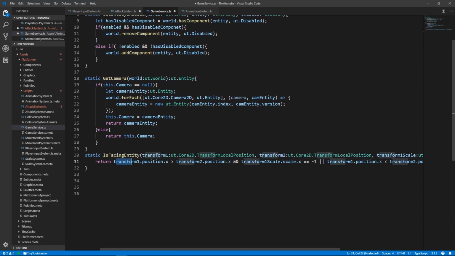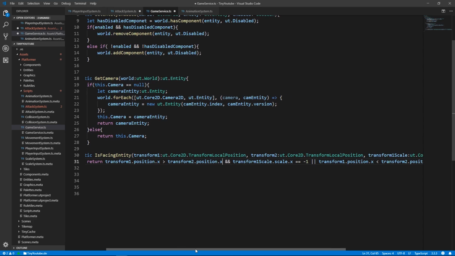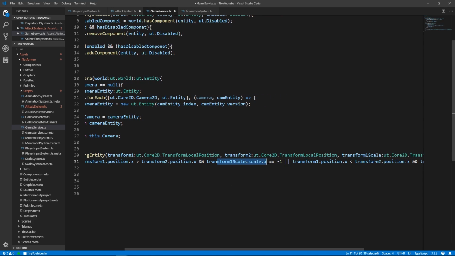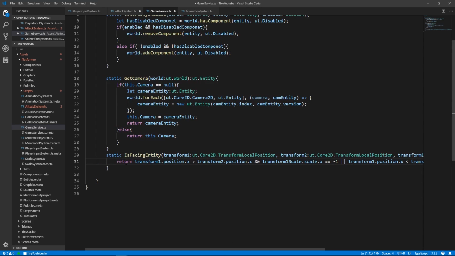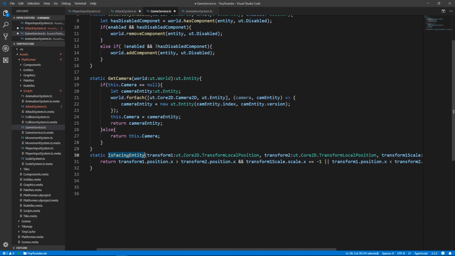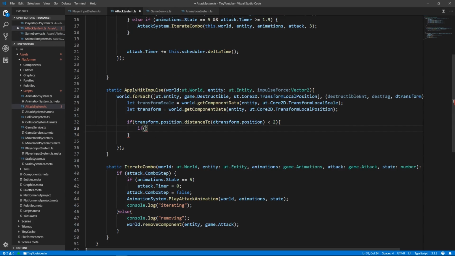So this is saying if transform 1's position x is greater than transform 2's position x, meaning you're standing on the right side of transform 2, and transform 1's scale x is -1, meaning you are looking to the left, or if your x is less than the x of the second transform and your scale x is equal to 1, meaning you're looking to the right, this will be true if you are facing the character, so it'll return true or false based off if you're facing the entity or not. We'll save this file, go back into the attack system,